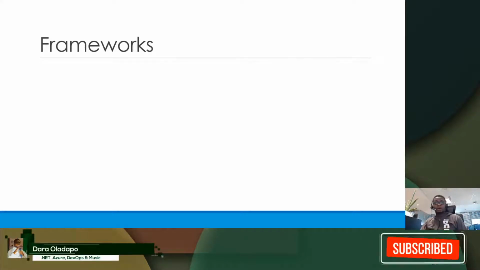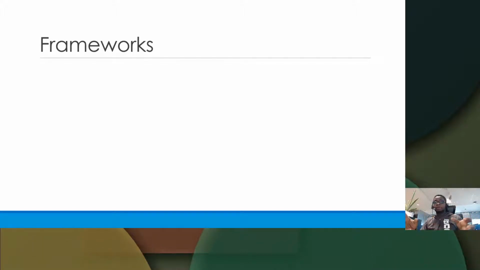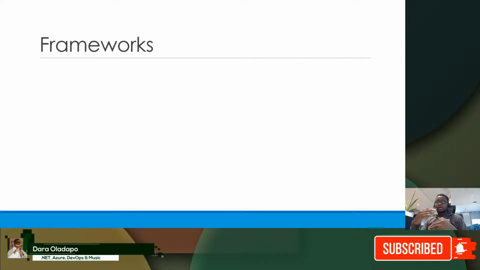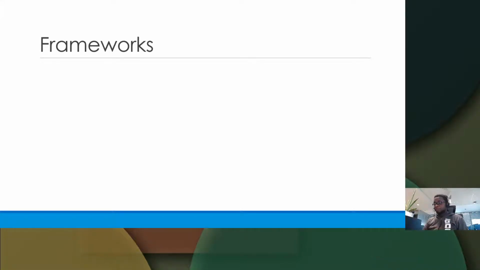You want to write for mobile, cloud, AI, and so on. Frameworks give you that bootstrapping platform to write code, and they follow certain constructs and patterns. So that is what frameworks are as they relate to programming.